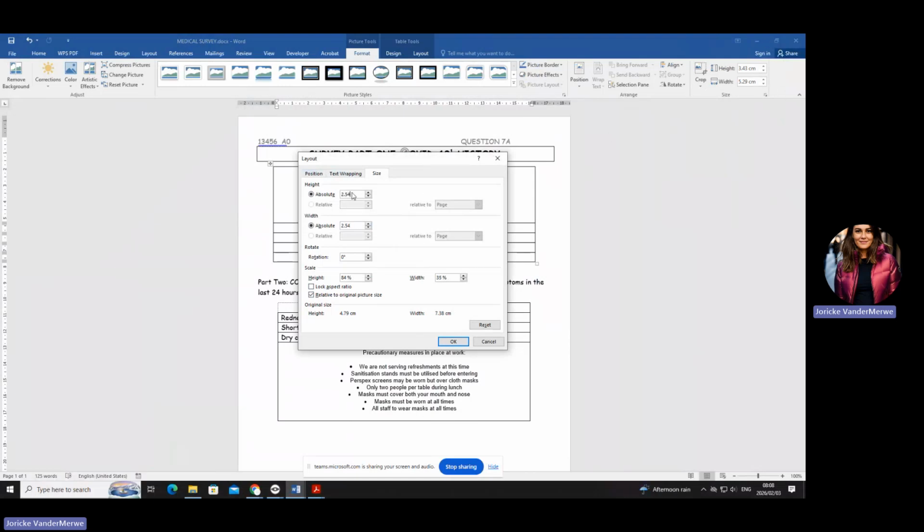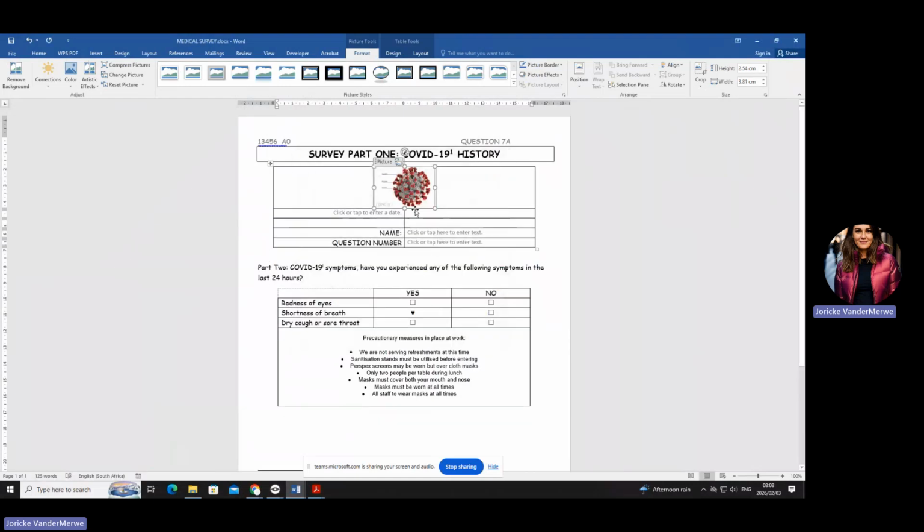So this is 2.54. And this should be 3.81. Okay, now you can see if I click there with the lock aspect being off, it's going to stay the same. Okay, so that was the size. So please make a little note for yourself on that with regards to knowing that when you have 2 dimensions, you take off the lock aspect ratio.